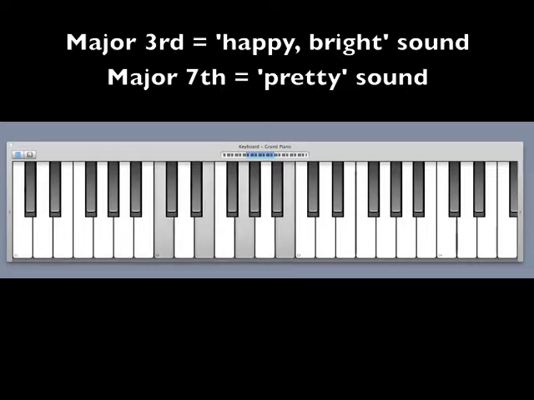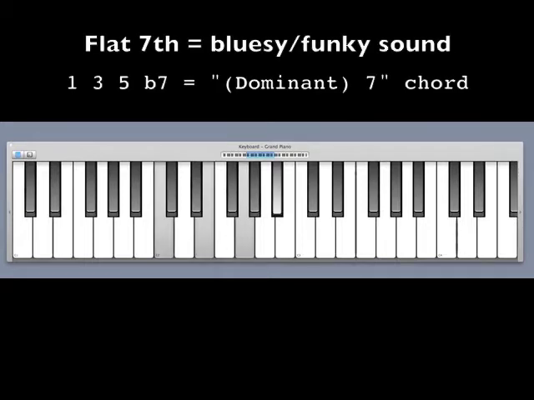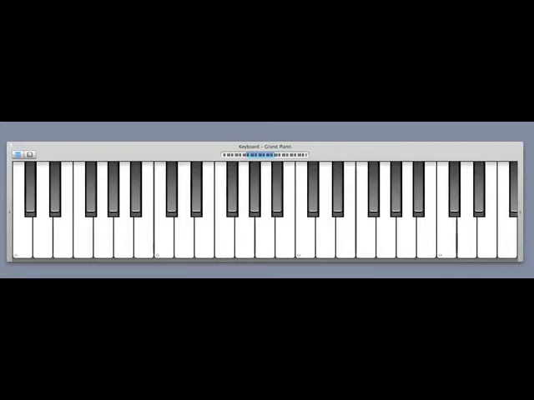If we play a chord with this 7, we call that the major 7 because it's from the major scale. Has a very pretty sound. If you take the major 7 and you flat it, take it down a half step to this B flat, that's what we call the flat 7. So there's a dominant 7 chord, much funkier, bluesier sound. Anyway, the Ionian,